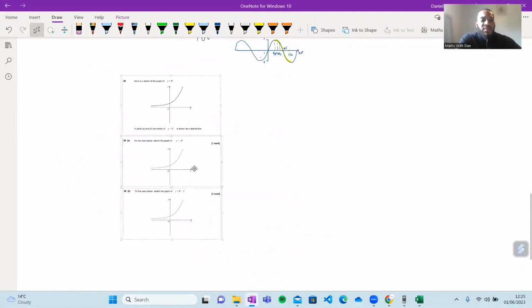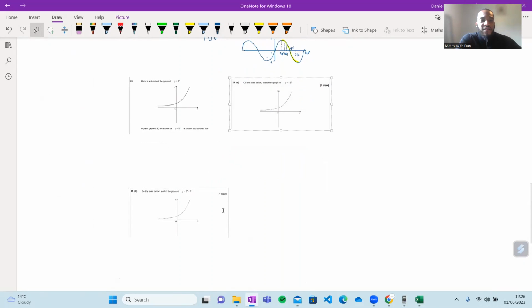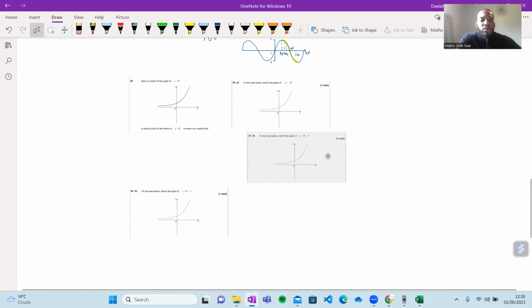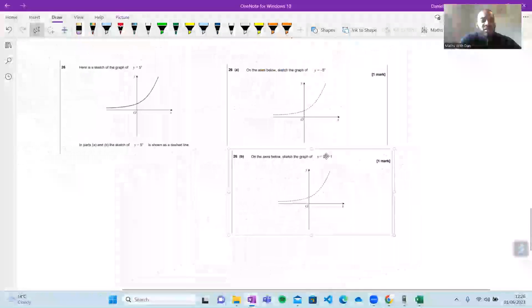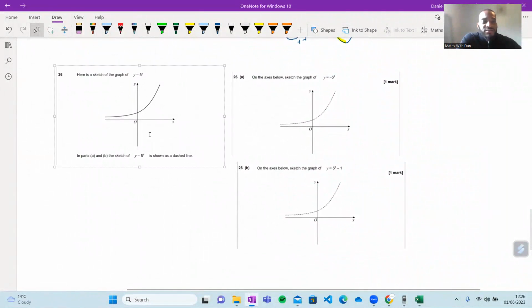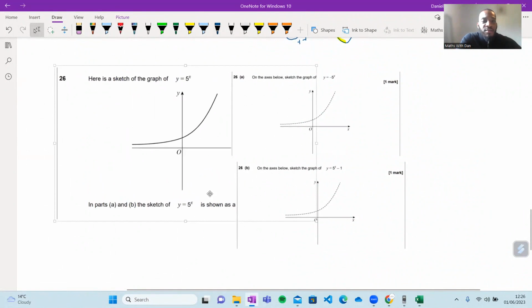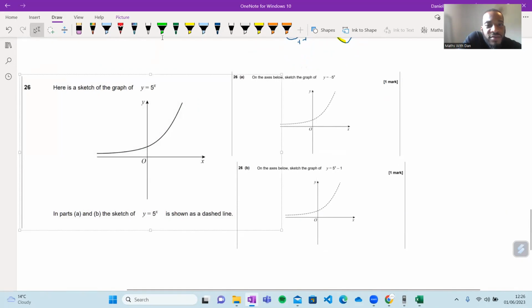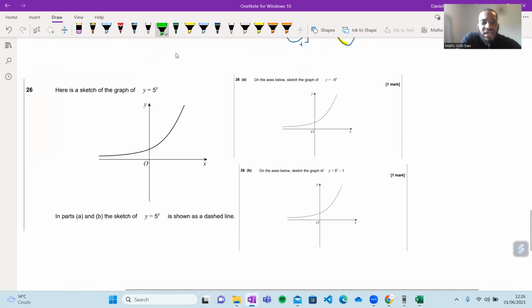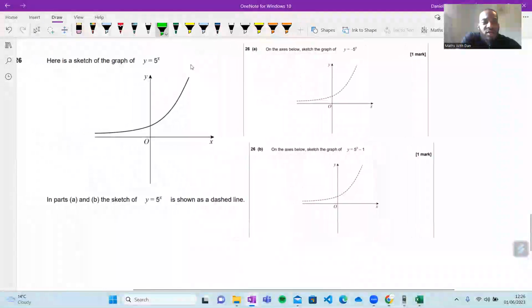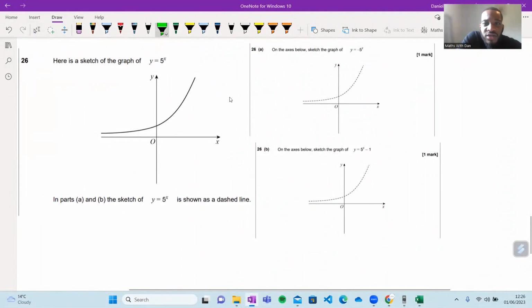So here's the question. I'm going to put them next to each other so you can see all of them. So they've given us this original graph here. I'm going to zoom in so you can see them, right? So this one on the left is the question, and you've got part A and part B, yeah? Can you guys see that clearly? Do you need me to zoom in a bit or is that clear? Just let me know in the chat if you can see the questions.